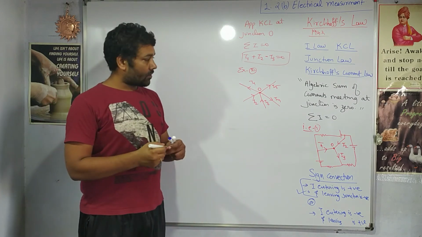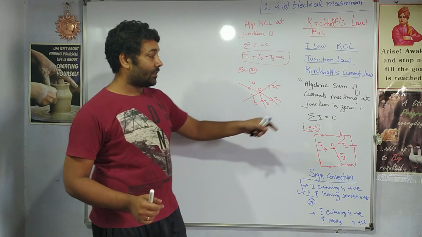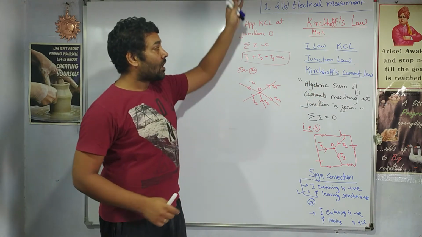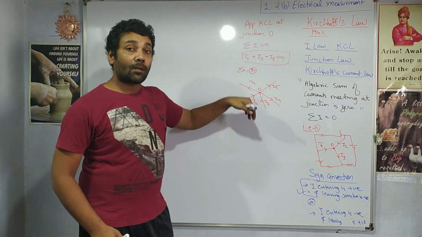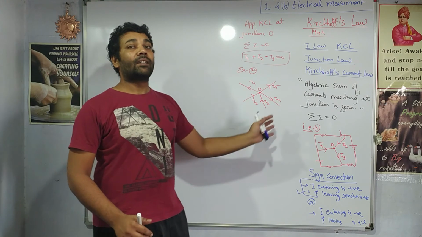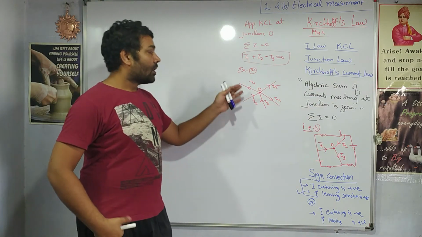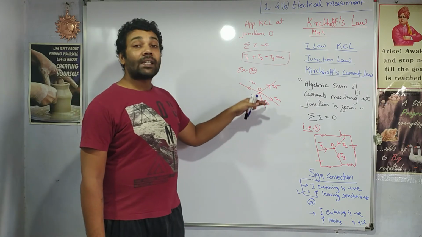Now again for this junction, this current may be coming from such type of circuit. You know that in the socket board we see in our home, wires are entering, wires are leaving, right? Current is coming from the main supply, then it is supplied to the tube lights, fans, air conditioners, washing machine. In the same way, let us say this is the junction, and from here the current is either entering or leaving.